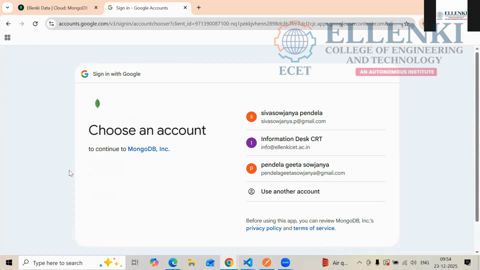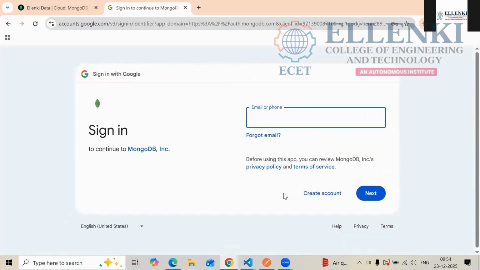Whatever you want to use, you can use here. If you create another account, it is better for you people. Otherwise, you can use an existing account. I already used this one and this one also. Only your college one I didn't open. So I'm using one more account here.